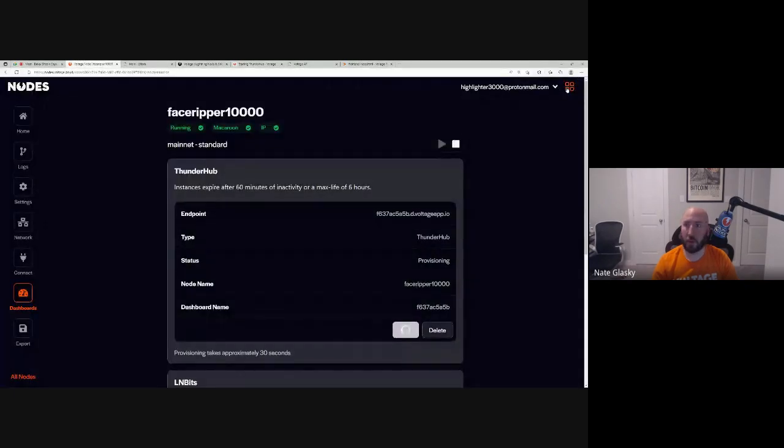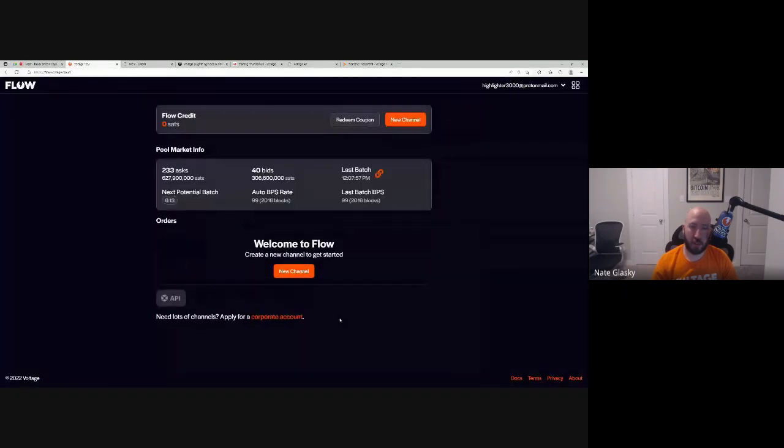So let's go here. We'll click the little 4 squares. Whenever you want to go back to home base, you can click those 4 squares. So Flow is a Voltage product that we have built to interact with a liquidity marketplace. And what this helps you do is the Lightning Network requires a node to have what's called inbound liquidity in order to receive payments. And inbound liquidity is essentially liquidity that you don't own, but you can receive. So if you open a channel to somebody else, you are giving them inbound liquidity, even though you own it.